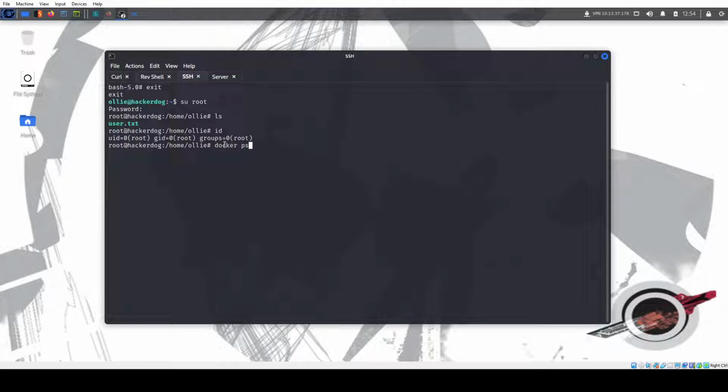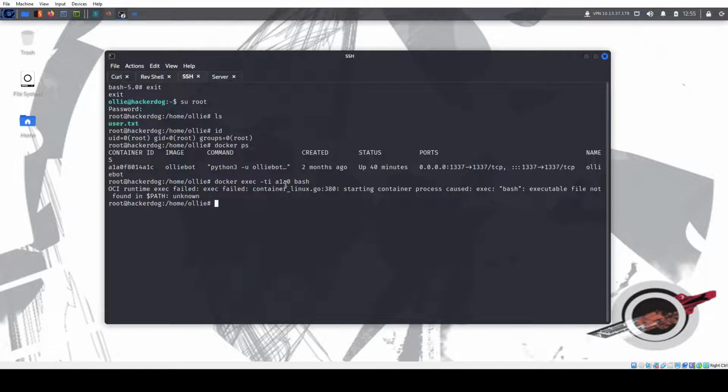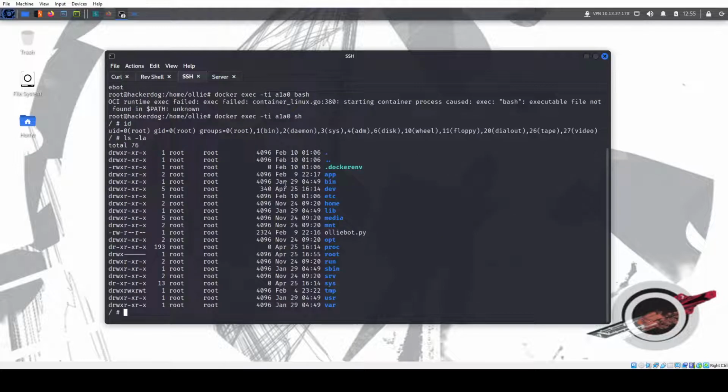I'm curious about the Docker process. There is. Look at that. That's the Ollie bot. I'm curious. Docker exec -ti. Just do the first 4. I think it's A1, A0. Then you do bash. Okay, it doesn't have bash, so sh. There. So we are on the Docker container, and I want to read this